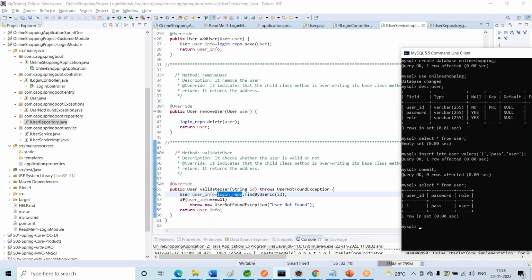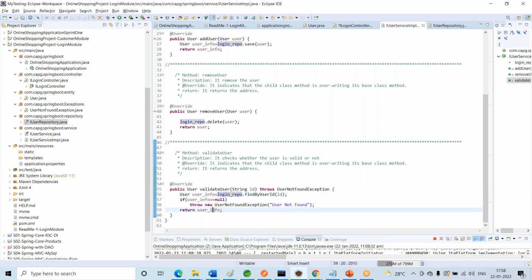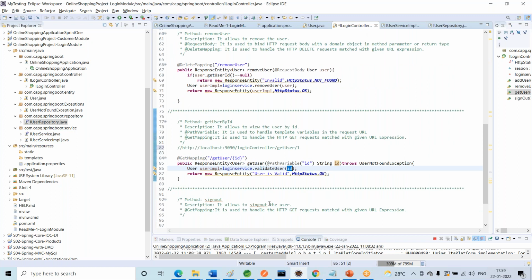If user information is null, then it's user not found, record not found, and again it returns the user info back to the controller. So the service layer will send that information back to the controller. Whatever data is there, the entire data will be stored into the user implementation, which has the user data